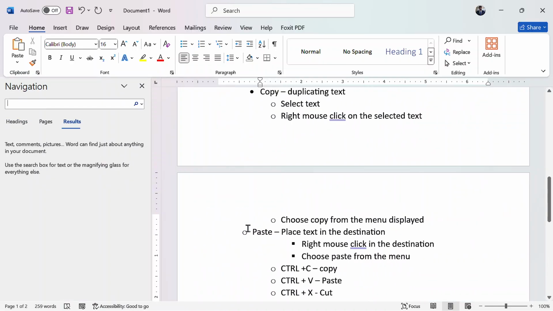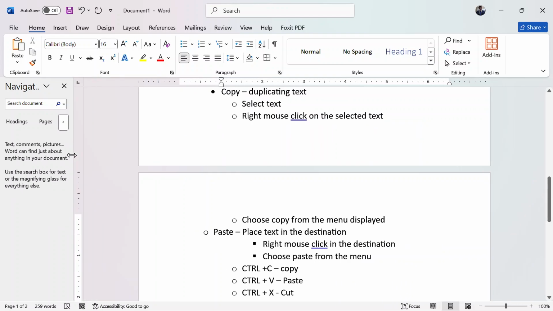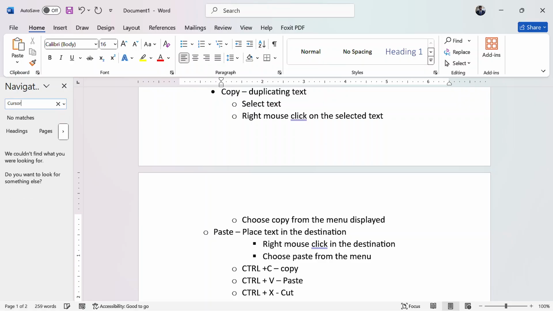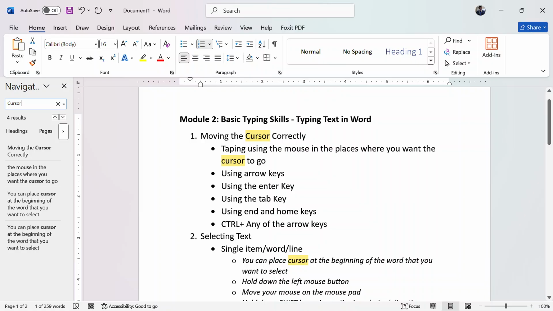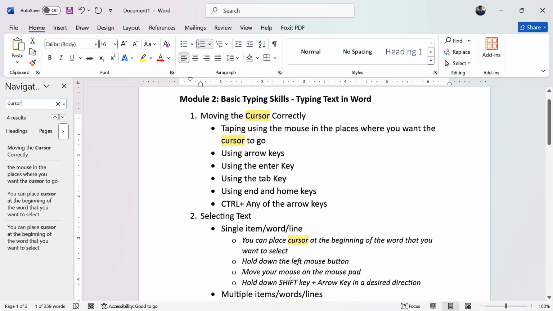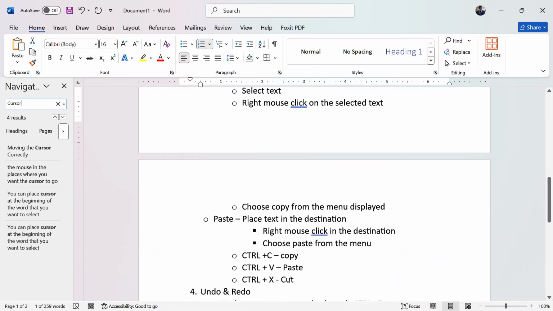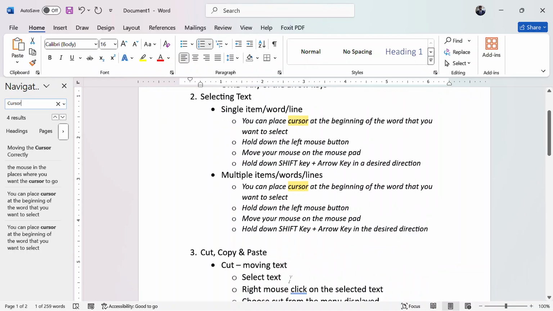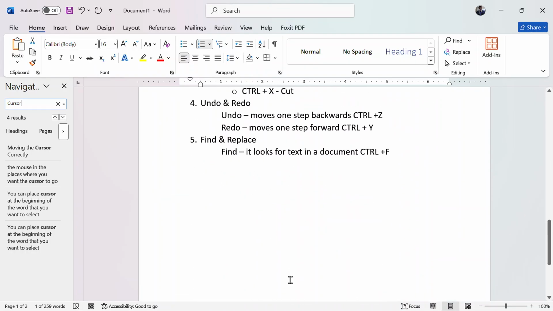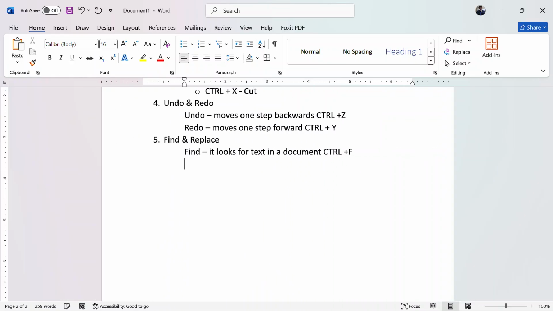Press Ctrl plus F. It launches this dialog box, and in this dialog box, type the word that you're looking for, and it will look for that word. You see, it highlights the occurrences of that word, and you can easily find it. That is the find.